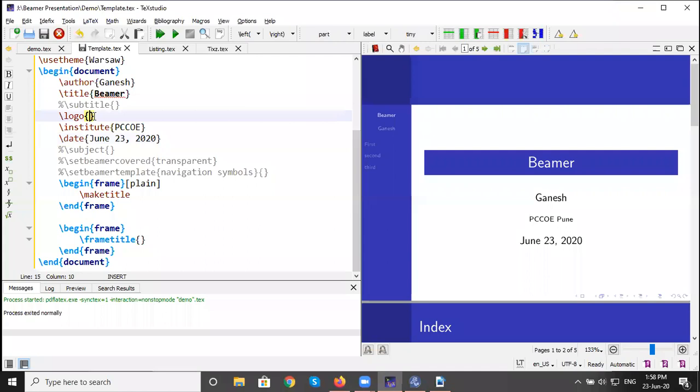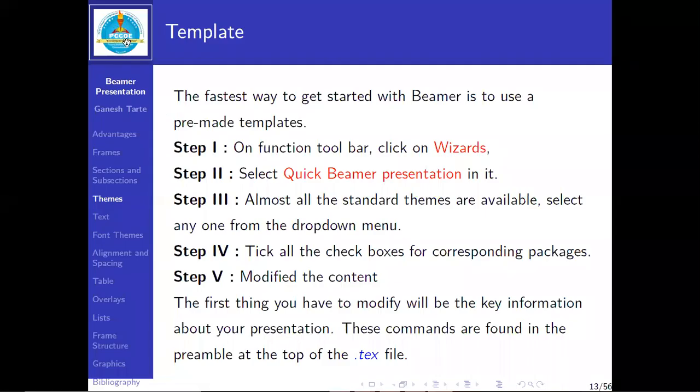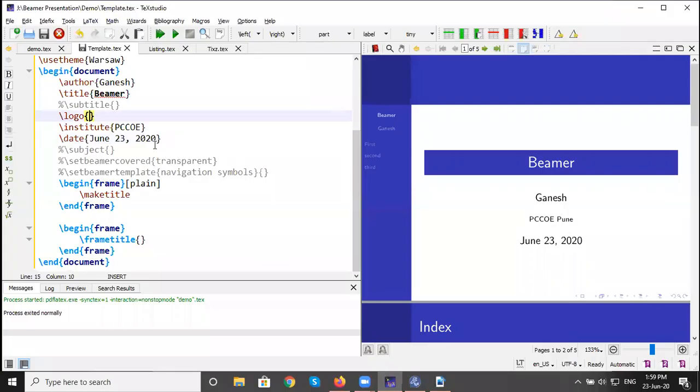First of all, let me clear, if you want to add logo like this, then first of all, it's a PNG file or JPG file, PDF file. It is stored in the same folder where this template.txt file is there. Suppose I want to add that logo again for PCC.